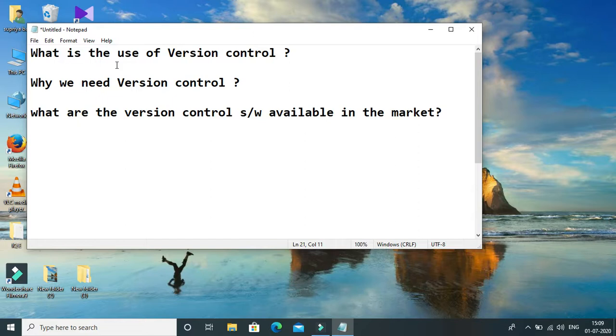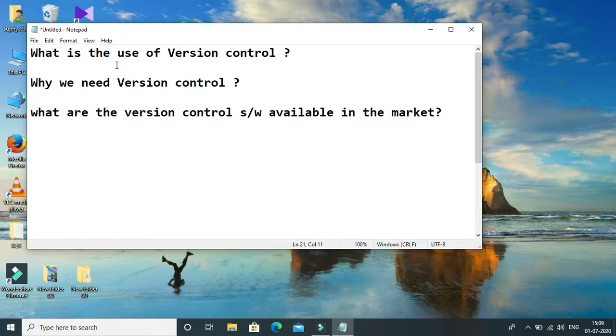And if one developer changes the code of another developer, it is very difficult to track who made that change, what they changed, and when they changed it. Then we need version control software.